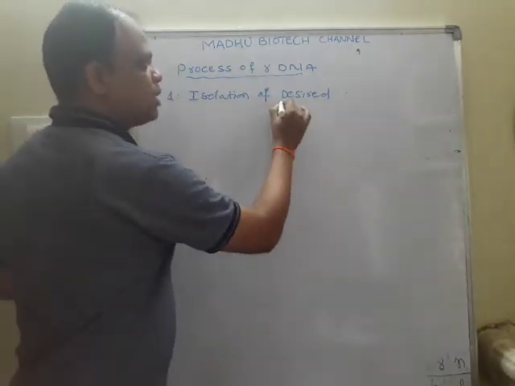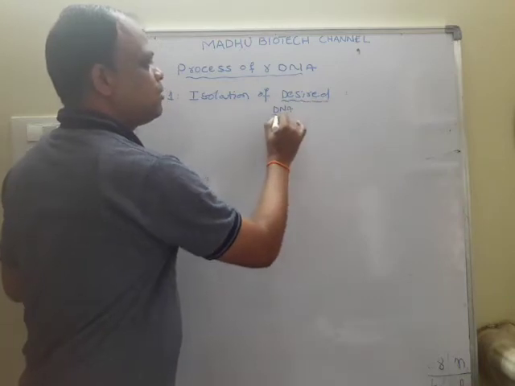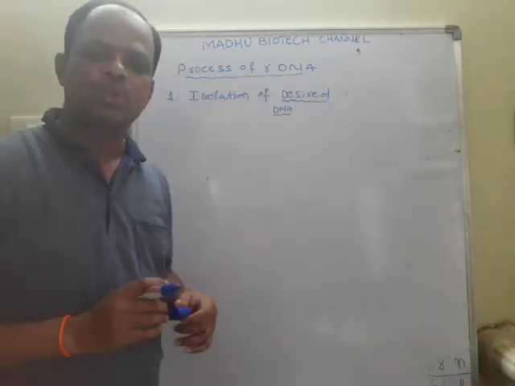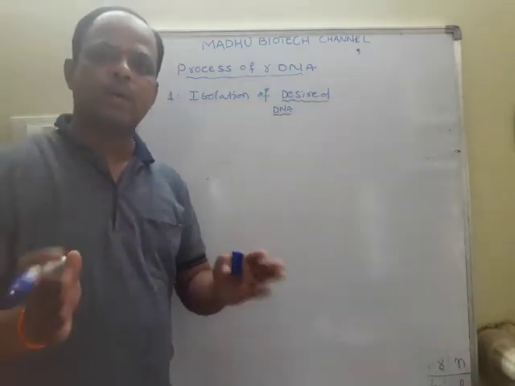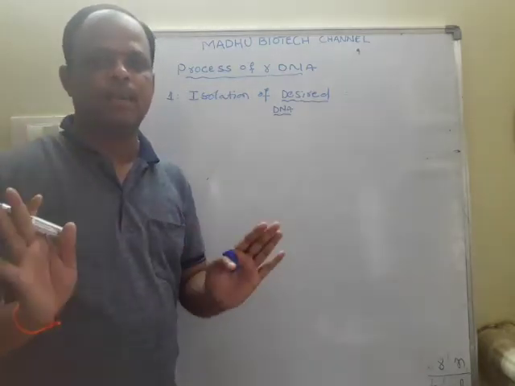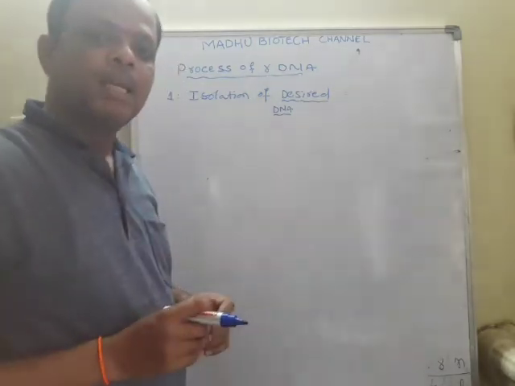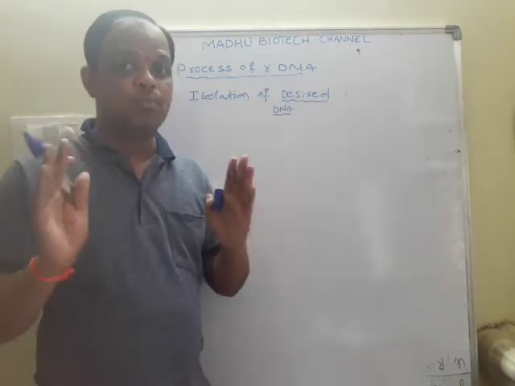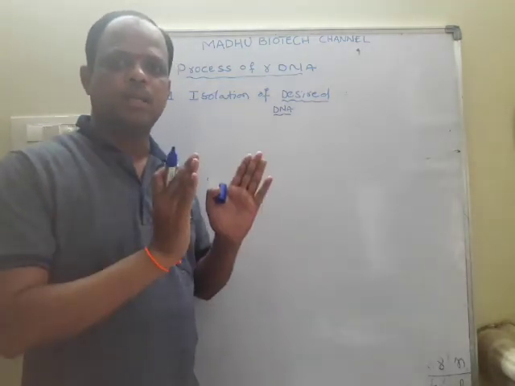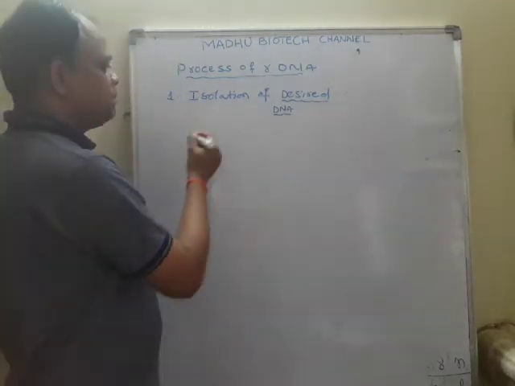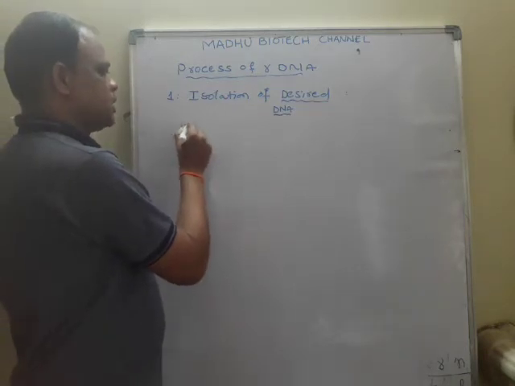First of all we want the pure form of the desired DNA. The desired DNA is located inside a cell. Based on the cells, there are different types of cells present. So here, for example, the first cell is